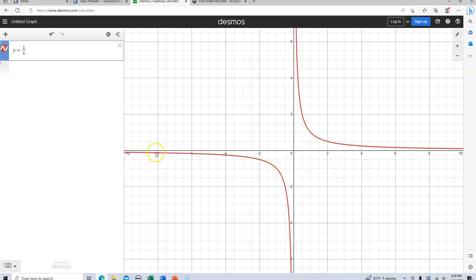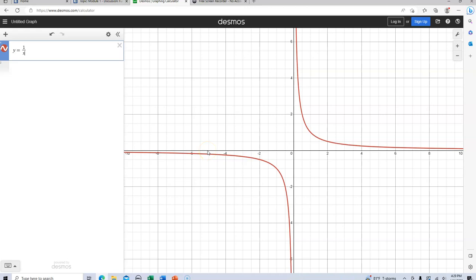You also have a horizontal asymptote here because the degree of the numerator is less than or equal to the degree of the denominator. If you look at the degree of the numerator, since you have a constant here, the degree of the numerator is 0, and obviously x is being raised to the first power, and so the degree of the denominator is 1. So since the degree of the numerator here is less than the degree of the denominator, you're already showing a